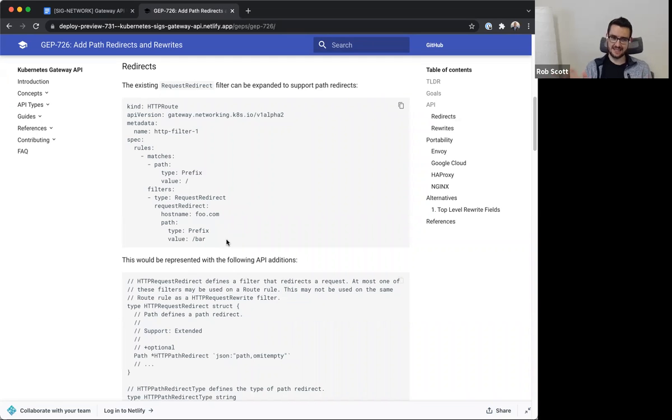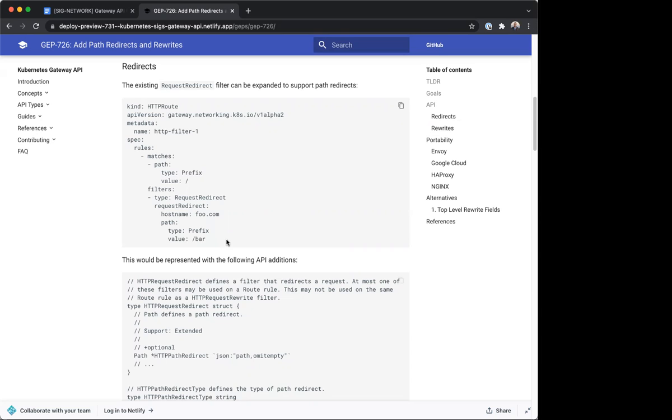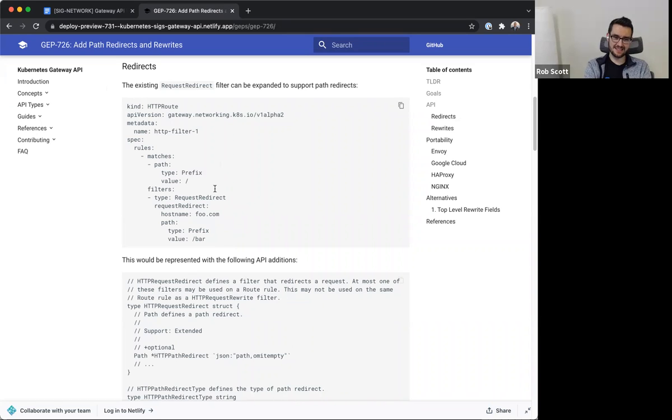Has anyone looked at this recently, or does anyone have feedback after having seen this maybe for the first time in a while? Does this line up with what you were thinking a path redirect might look like? Going to take silence. Oh, go ahead. There was a PR, was that PR merged? I remember a PR with discussions around confusing names. No, that is this PR.